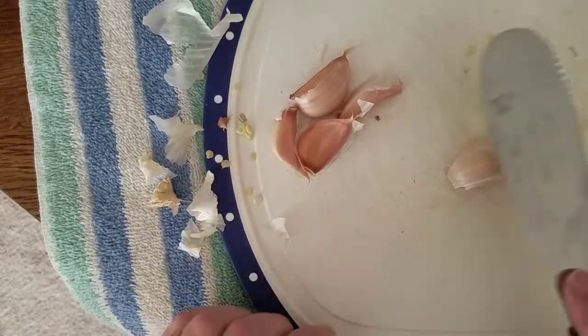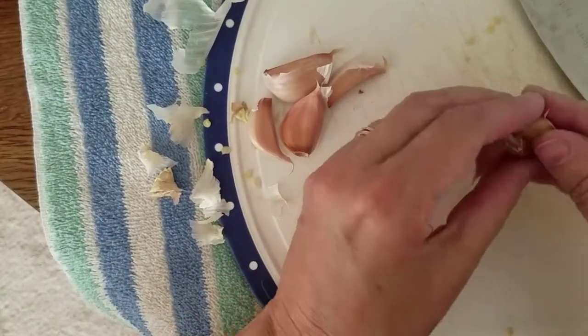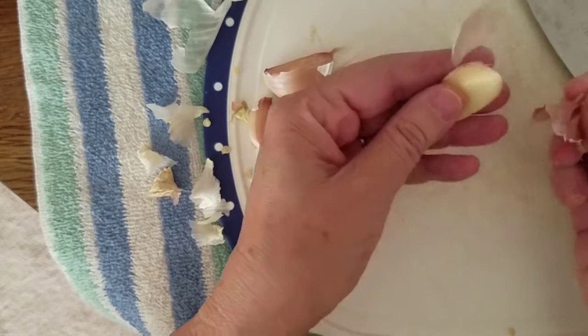You can take a butcher knife or whatever. This is just a little spatula. Place it on the clove, whack it, and you'll see that the peel comes right off. Now, obviously, if you're wanting these to look pretty,